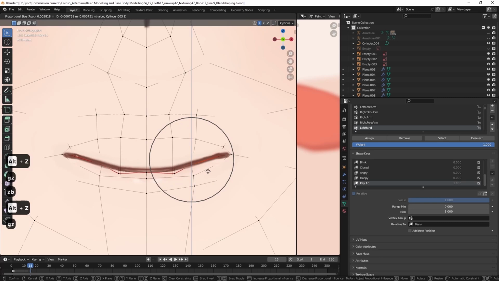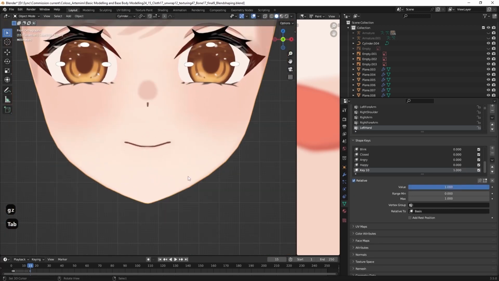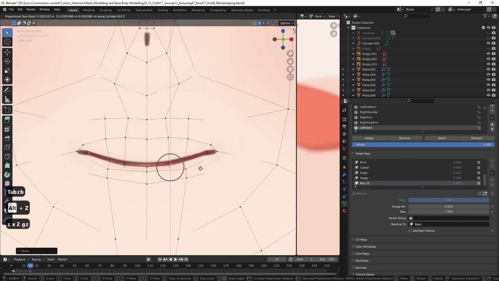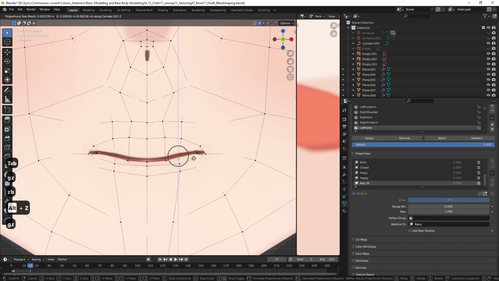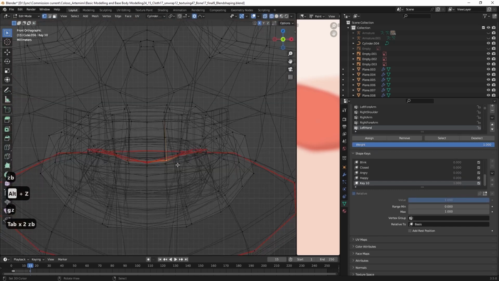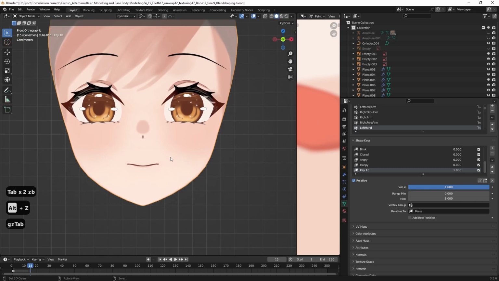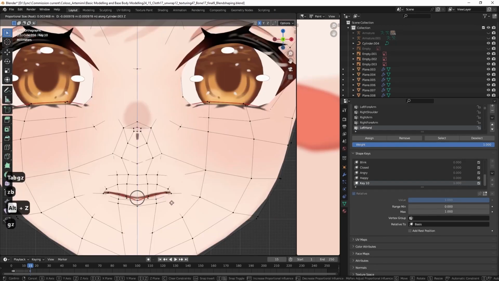And then we're gonna create it like this. Okay. And then move this up a little bit like this. And then we're gonna create a shape like a sad expression. Okay. And then we're gonna make this a little bit down.